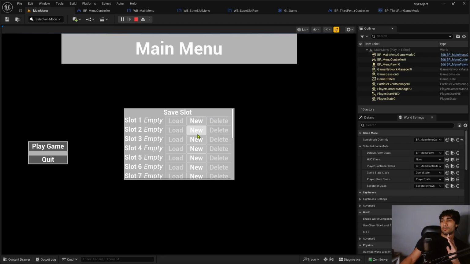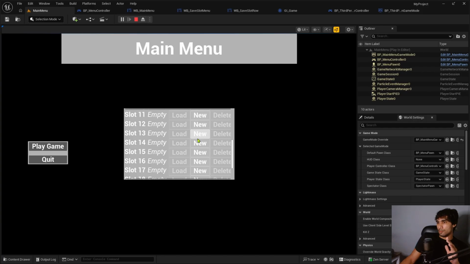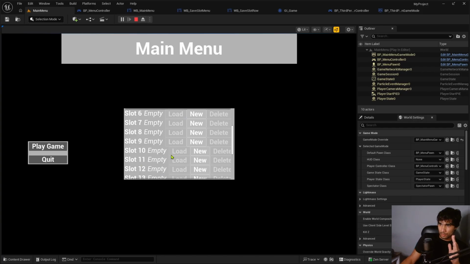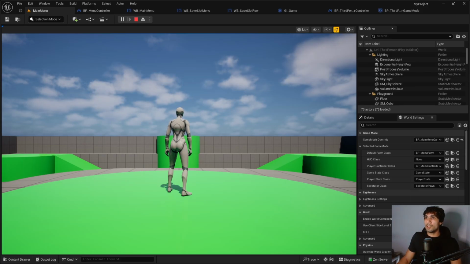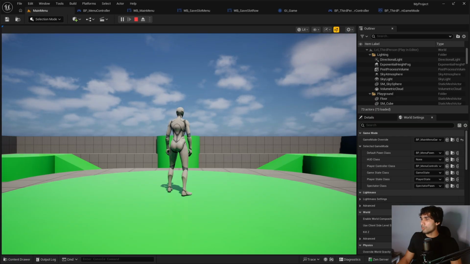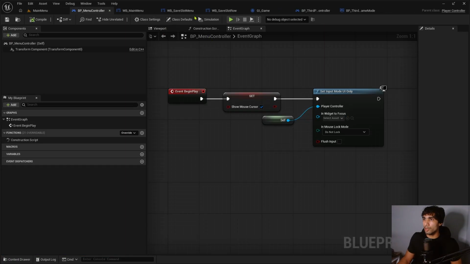So now I have my lots of slots. I have 20 of them, and as you can see, it shifts over a little bit because it goes up a digit. But yeah, now I can hit new game on this empty slot here. It says slot 1 empty, and this is the only one that highlights up. The load and the delete don't highlight, and you can't click them. So when you click new, it starts you off in a new game,